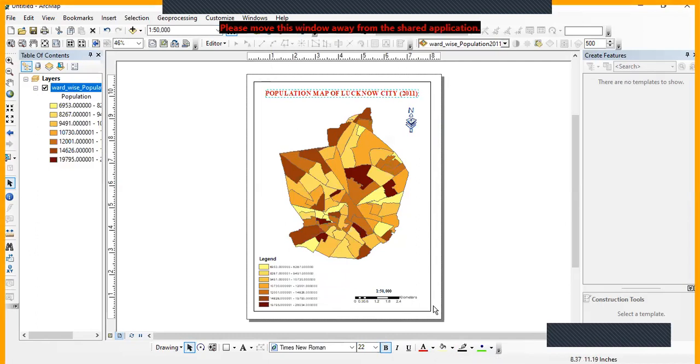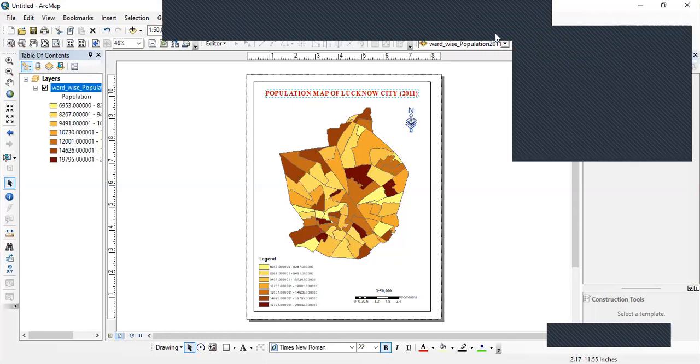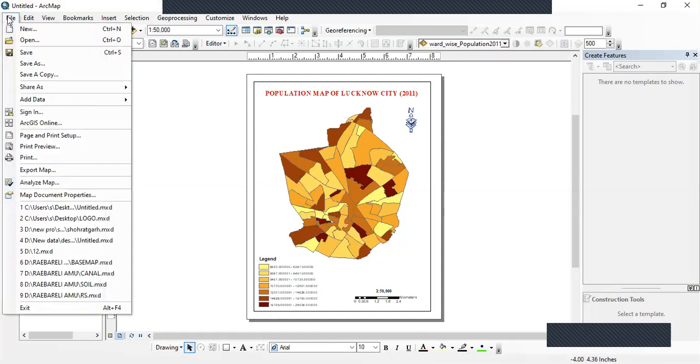In the next lecture, we are going to discuss how to give the grid to this map. Now we are going to save this for further editing.